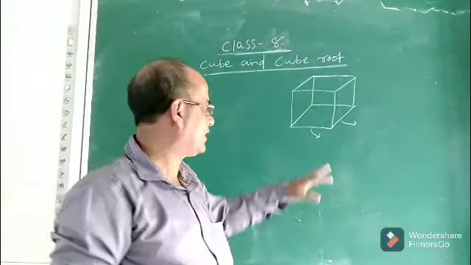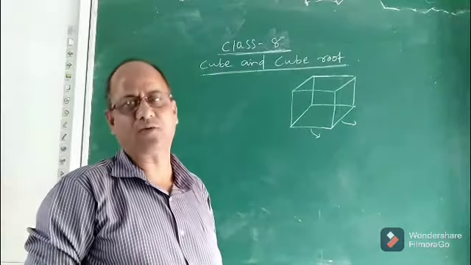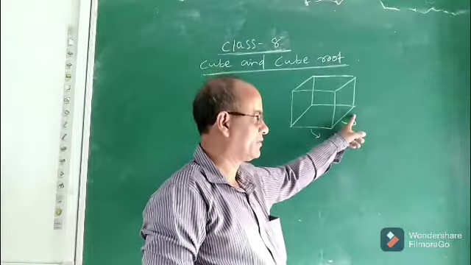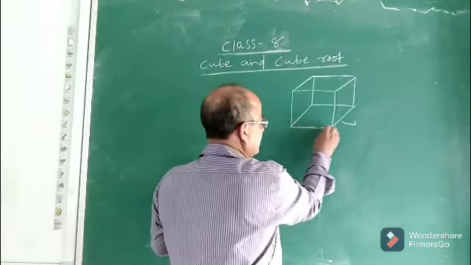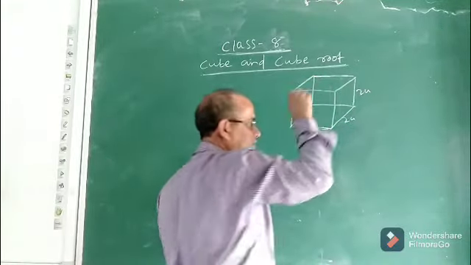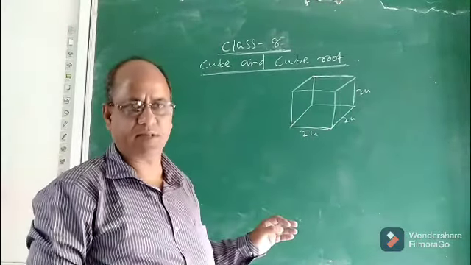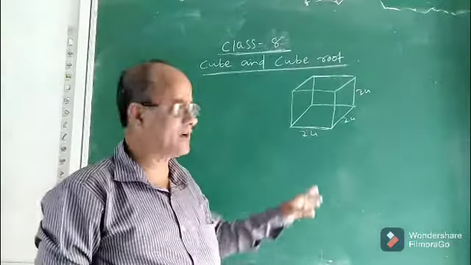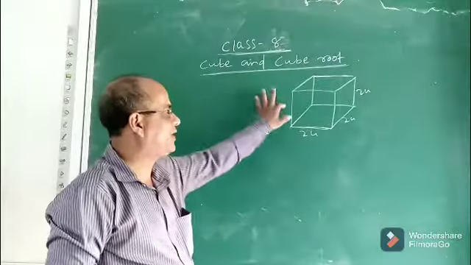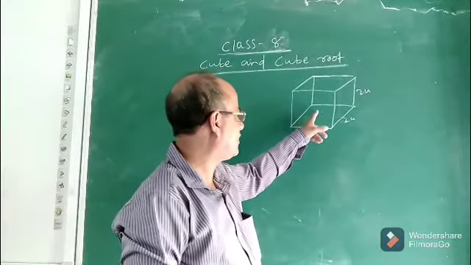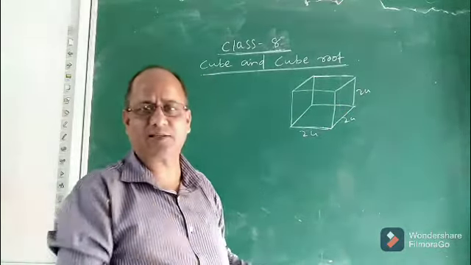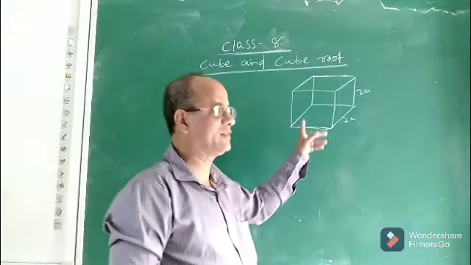And you also know that in a cube, all the edges are of the same length. Each edge is the same. That means if this edge is 2 units, then this will also be 2 units, 2 units. Each edge of the cube is the same. It has 12 edges and the length of each edge of a cube is the same. Now see, if I ask you, children, what is the volume of this cube, you can easily find. And the 3 edges are the 3 dimensions, namely length, breadth and height.